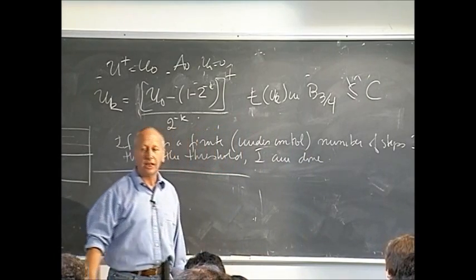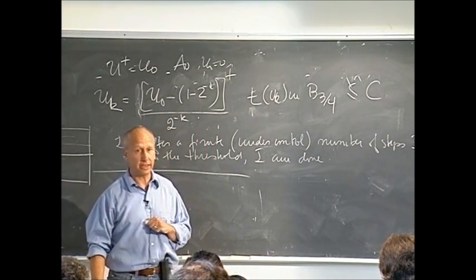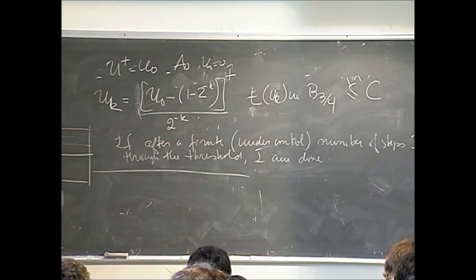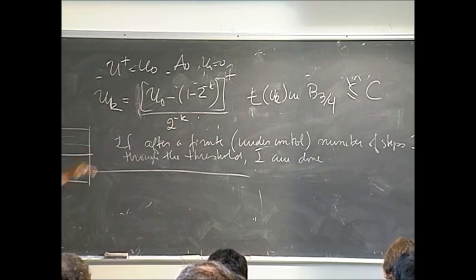What does it mean to go through the threshold? It means that this set is small enough. So to go through the threshold for the value k0